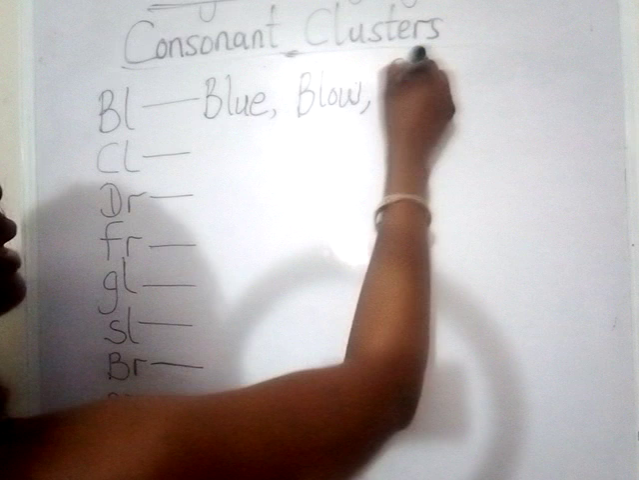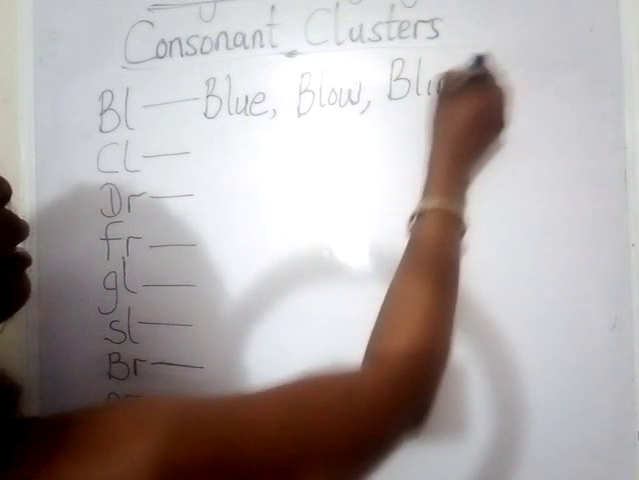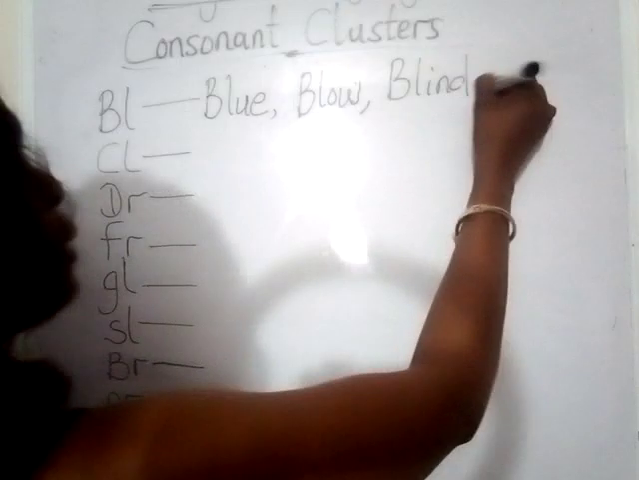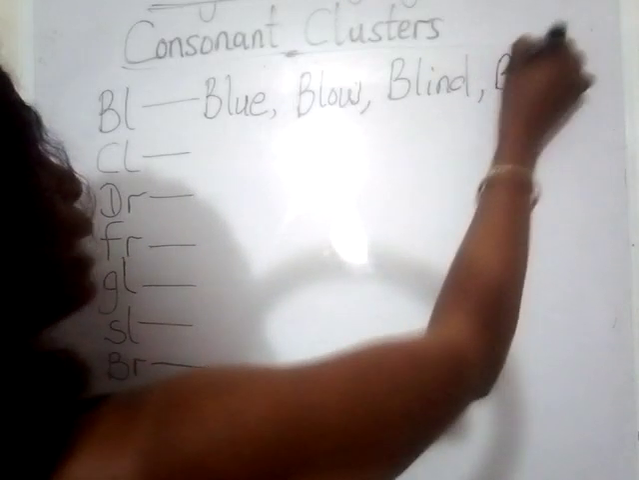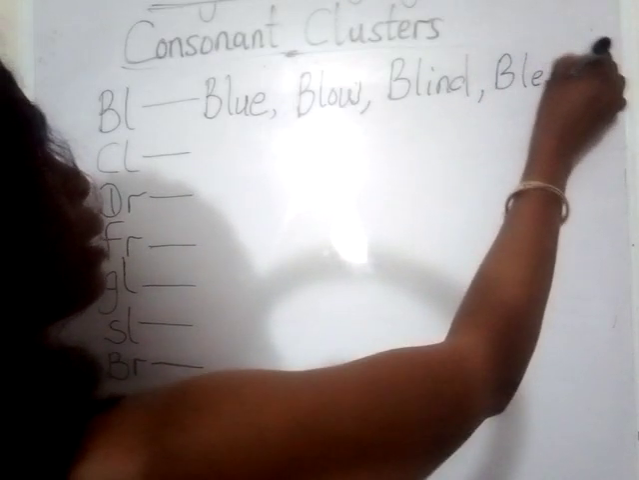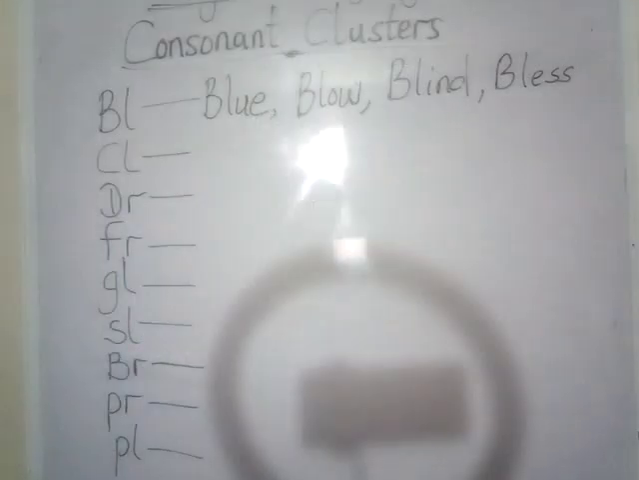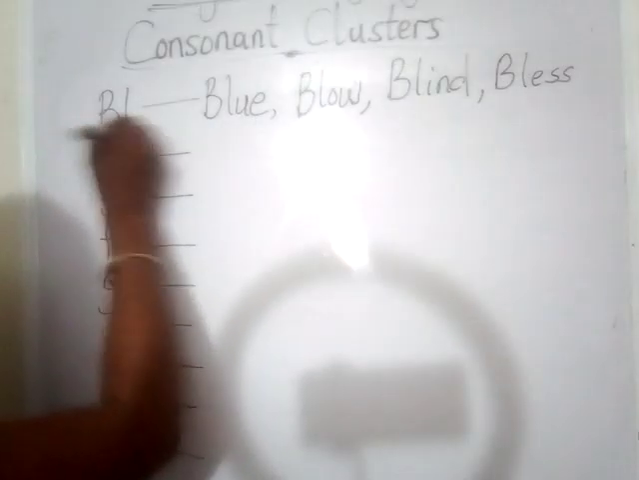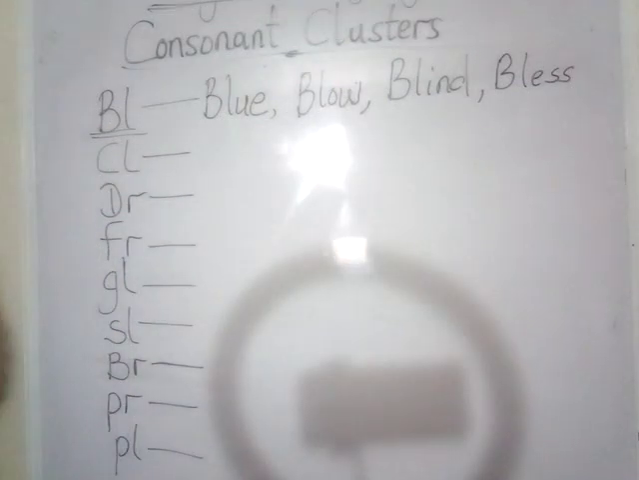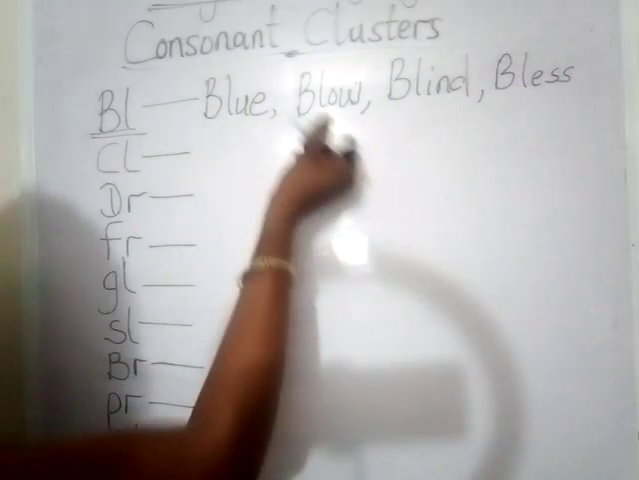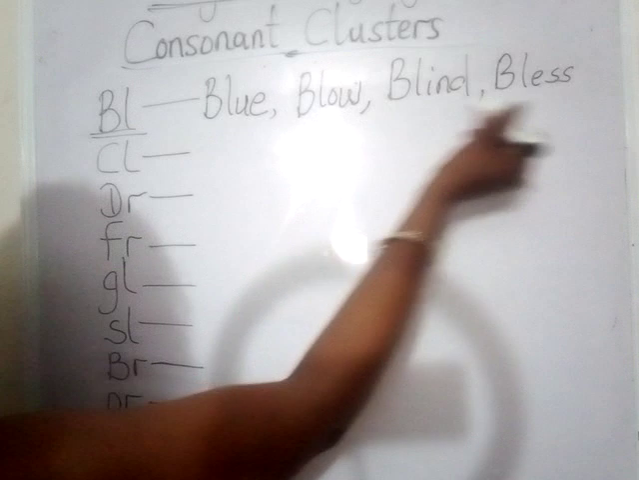Another word here is blind. And then you have bless. Okay? There are more examples, there are more words where you find this consonant cluster bl functioning. So you have blue, blow, blind, bless. Okay? So the next one here is